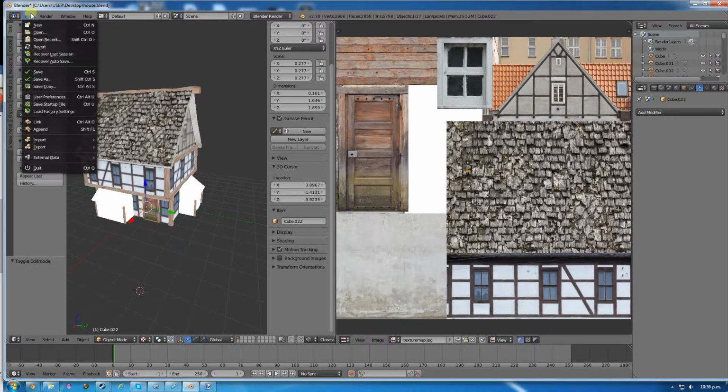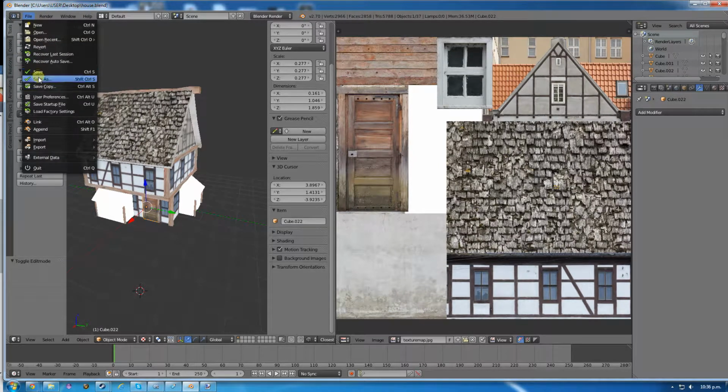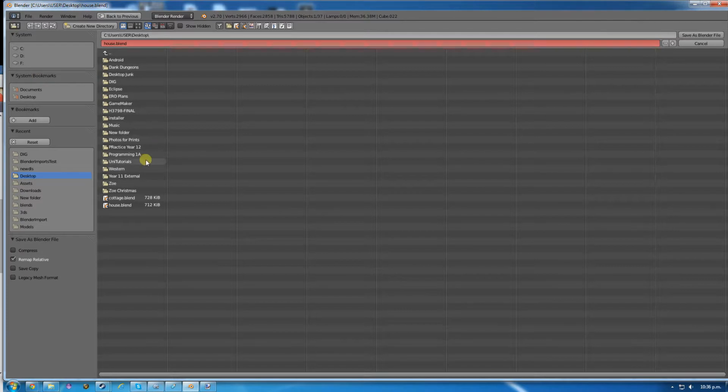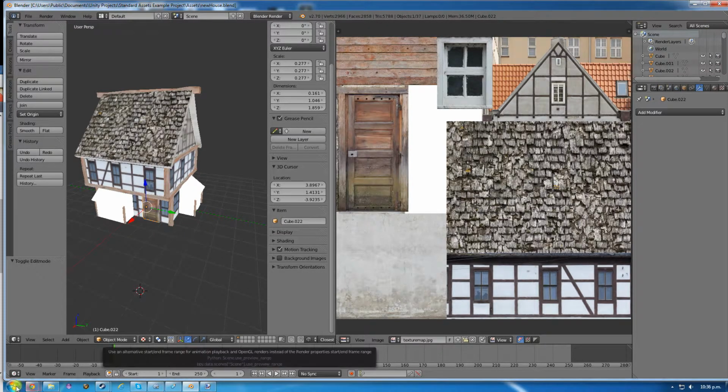All right, so this is the model pretty much done. I save this. I'm going to save it as, and I'm going to save it into a Unity folder that I've worked with. So don't worry about this assets. I'll just call it new house. Save as Blender file. Okay, now if I go into Unity,